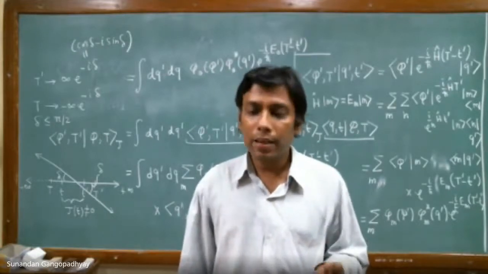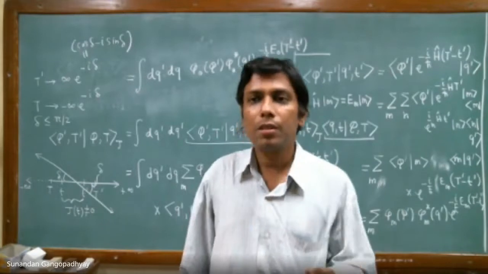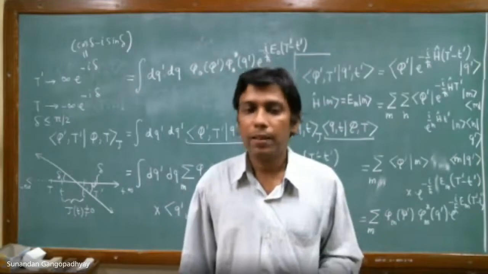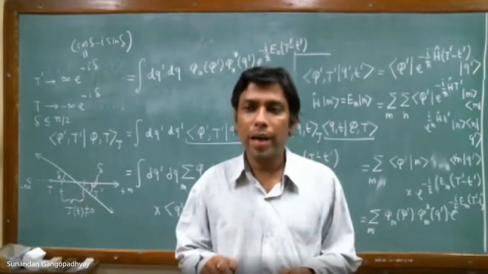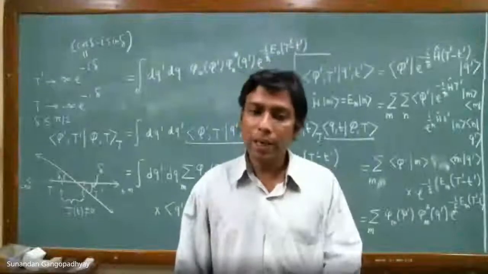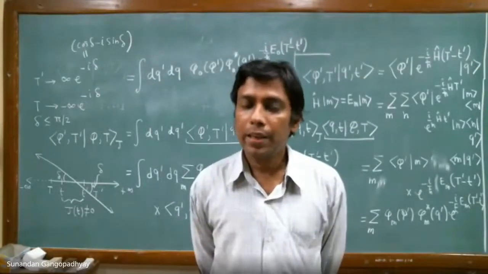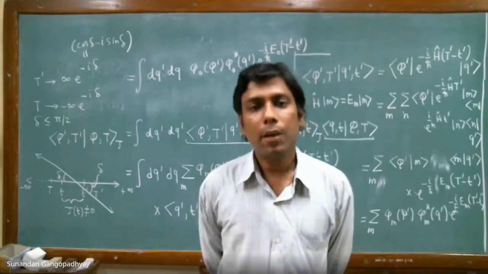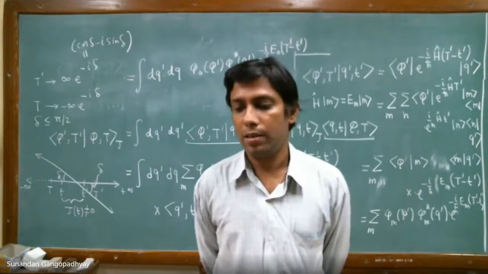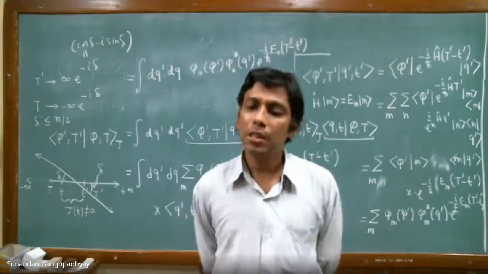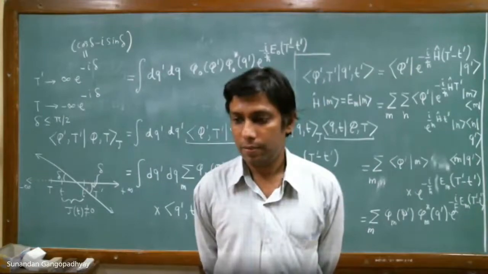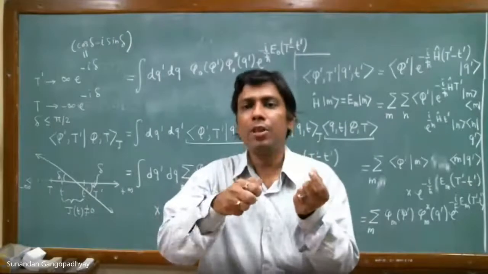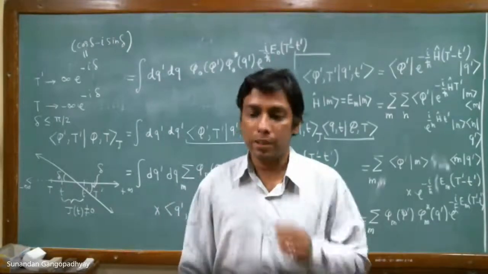You can say that now I make a transformation t goes to i tau. T is equal to i tau. Then what will happen? Then your dt square will change sign due to that imaginary i factor, and your metric will become ds square is equal to d tau square plus dx square plus dy square plus dz square. So now you see you have a line element which is Euclidean, right? So you have just made a transformation of the time coordinate to the imaginary time kind of thing.